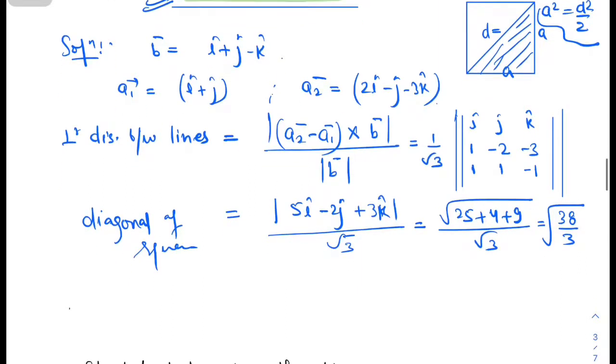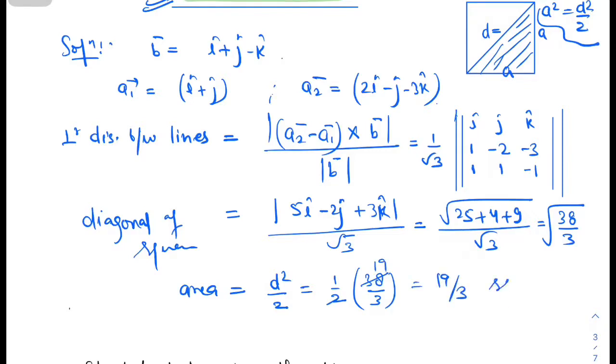So what will be the area? d square, diagonal square divided by 2, and that is 1 by 2 times 38 by 3, that is 19 by 3 square units. Okay, so